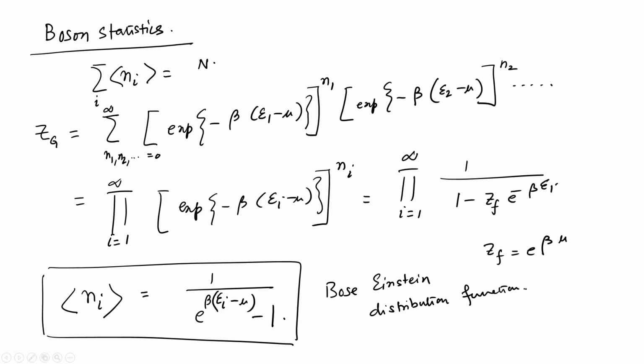Okay. And so, this is the average number of particles in a given energy state, and we have beta equal to 1 over kT, and this z_F, as you see here, is called the fugacity, and then that is your distribution. Okay. So, now finally, let us do the Fermi-Dirac distribution. We will show the plots of all these distributions as a function of epsilon minus mu separately. We will do that in just a while after we do the Fermi-Dirac statistics.